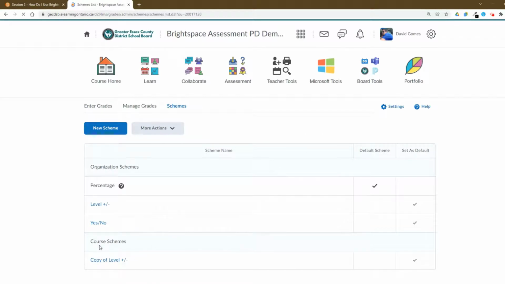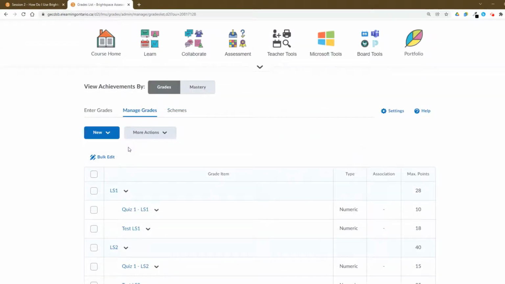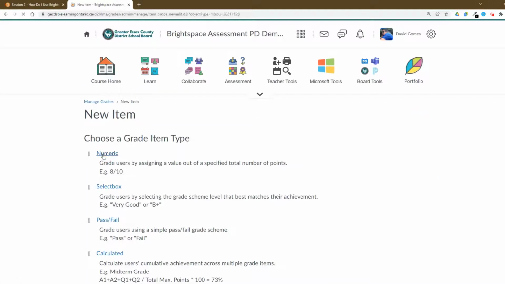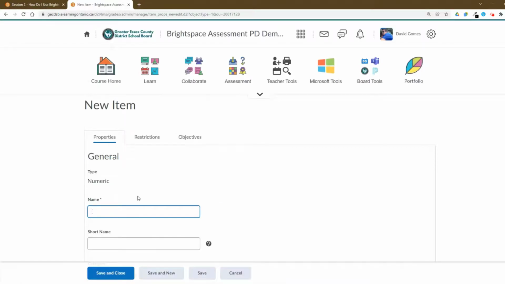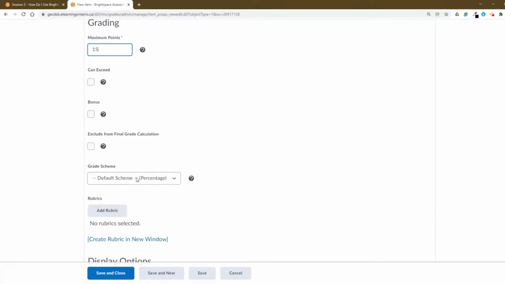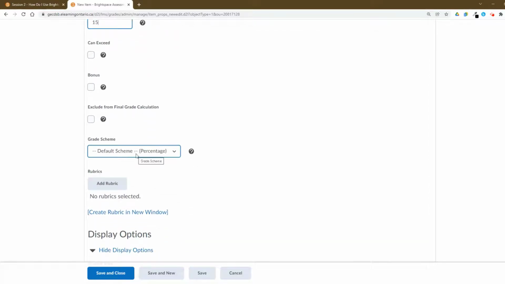in your gradebook. One other really cool thing you can do with schemes is if you're creating a grade item, you can still have a numeric value. When you create that, call it sample, and when we scroll down all the way to the bottom, you can again give it your maximum points. Let's say this one's out of 15. Notice the grade scheme is a default one of percentage, but I can select that to be a level plus